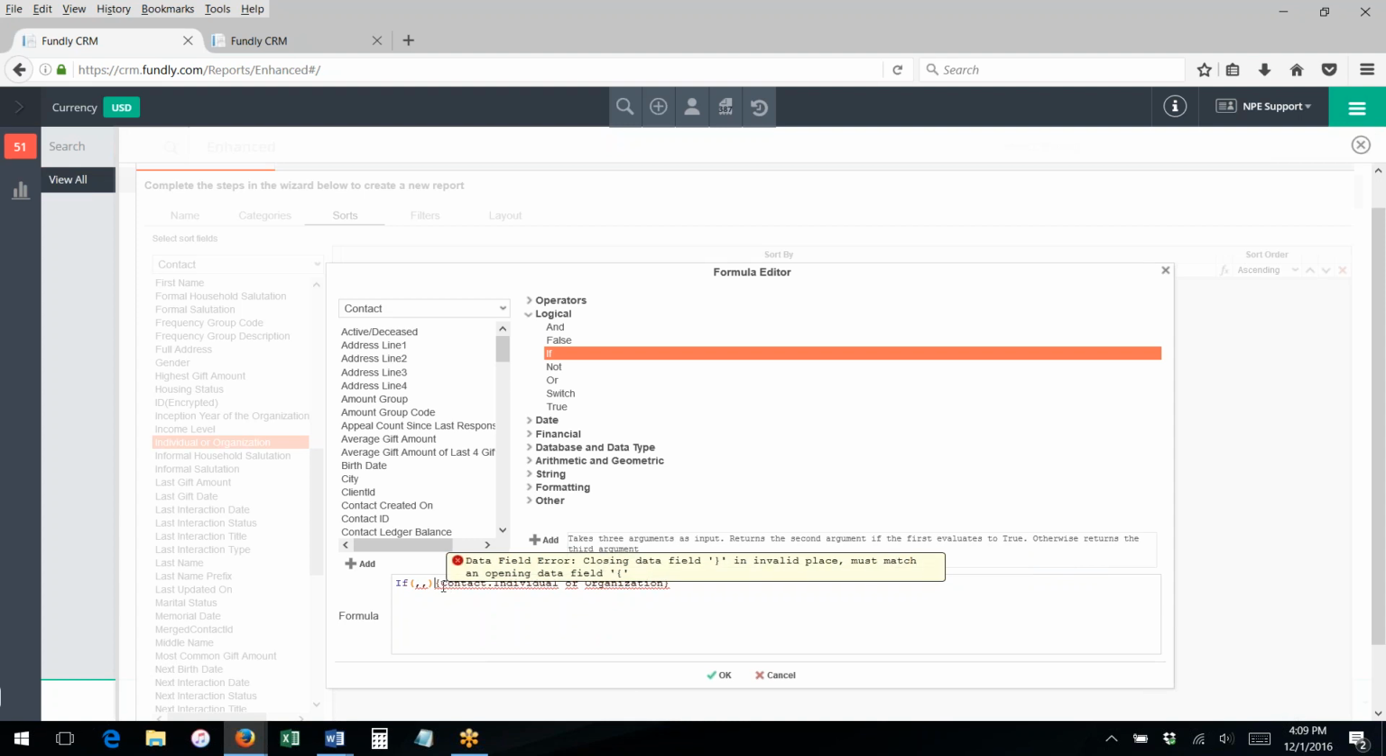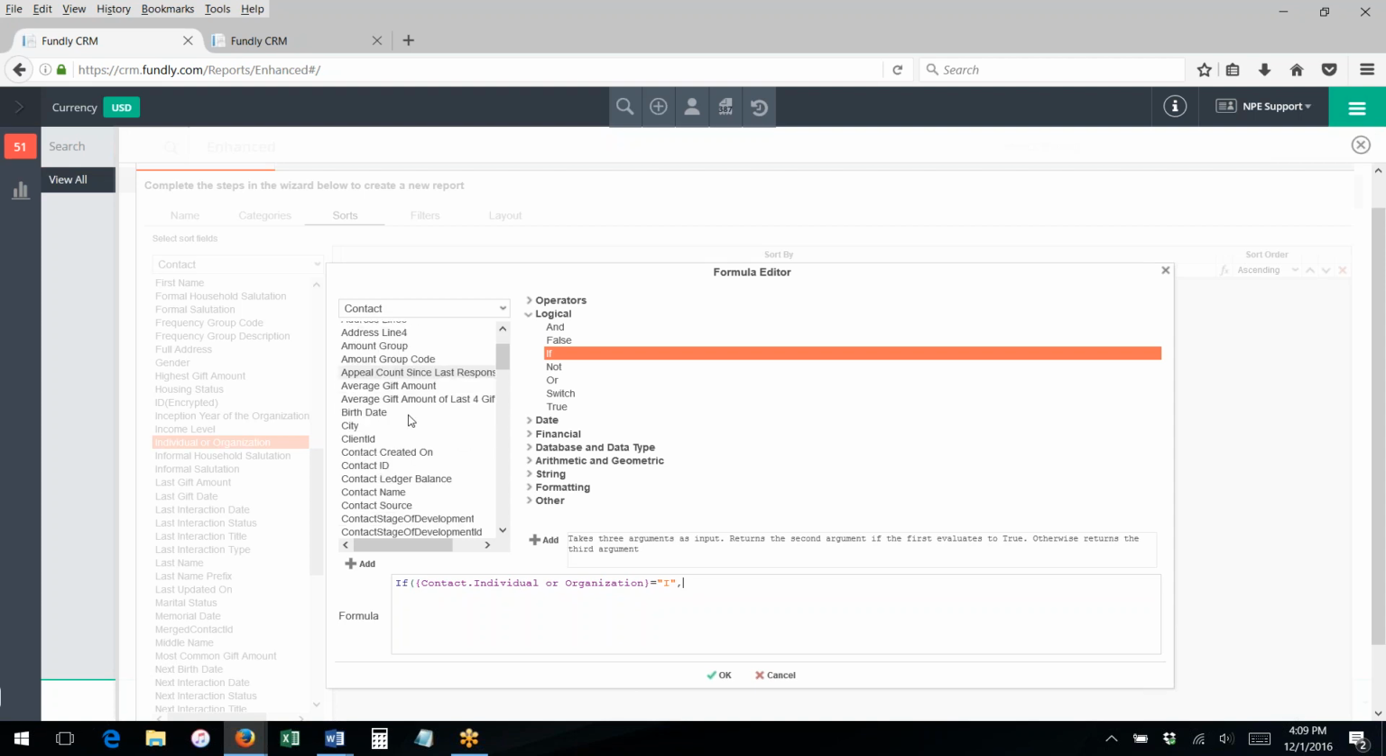And when I hover over it, it tells me what's going on, saying, hey, your closing parentheses are in the wrong place. So I'm actually just going to delete that parenthesis and those commas. So now I've got IF, open parenthesis, if contact record is individual organization, and I'm going to say equals, open quote, I, close quote. So if it equals individual, then, which is a comma in an if-then statement, then I want you